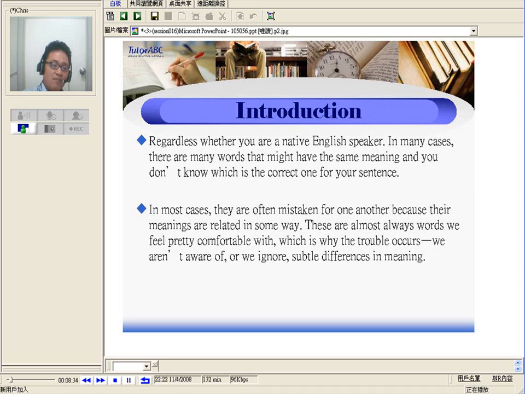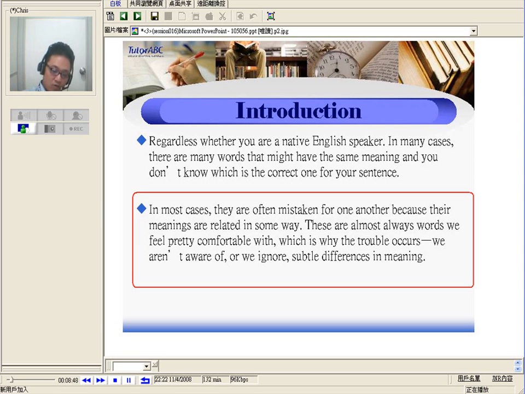In many cases, it's because we know these words so well, we think we do, that we abuse them. You see? In most cases, there are often mistakes for one another because meanings between two words or three are